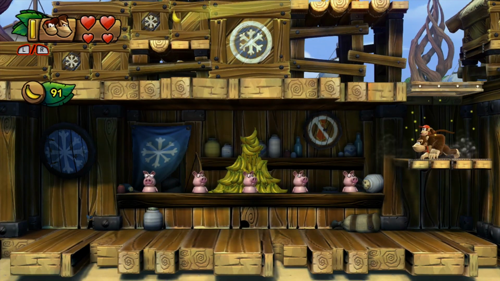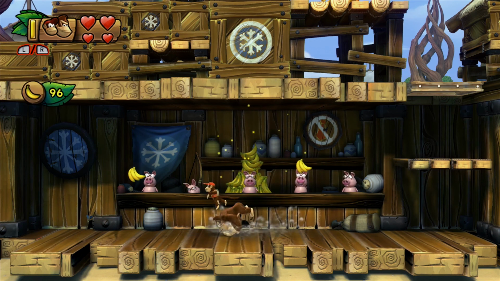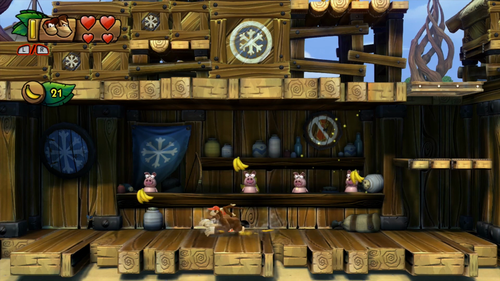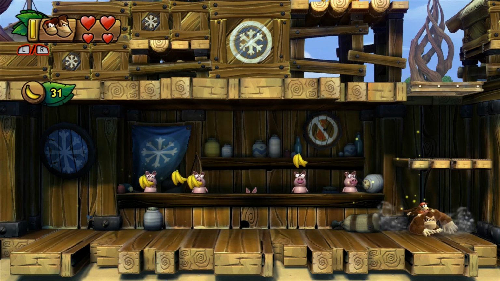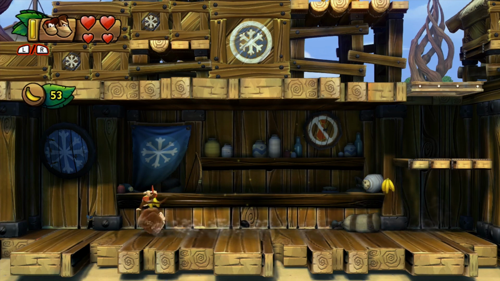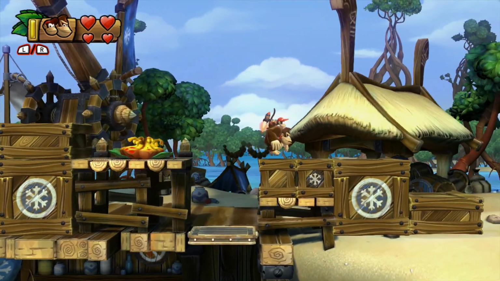Anyway, down here for another secret passage. Alright, pigs. Give me your bananas. Alright, so this is a little mini-game sort of thing where you have to get the bananas before they disappear. Which isn't that hard. It really isn't. I do need to figure out what the bananas are for, apart from racking up a score, but... you know. But the music, oh...